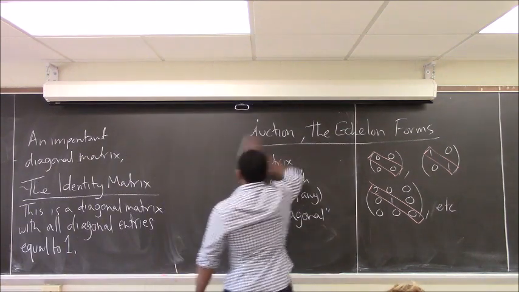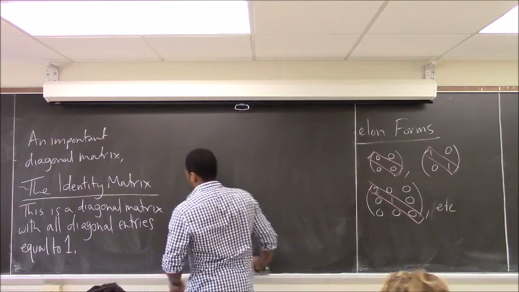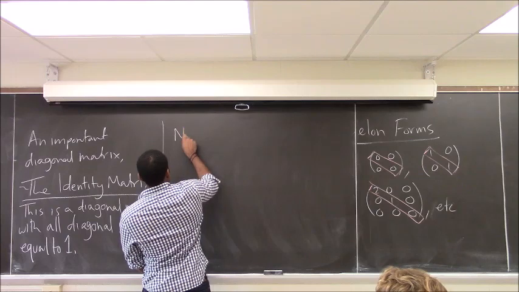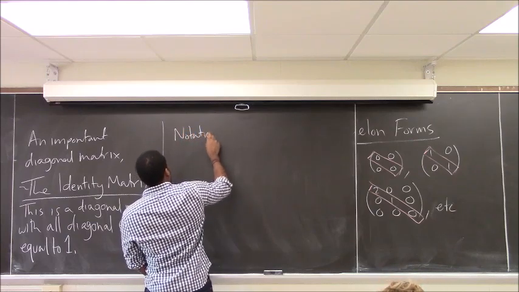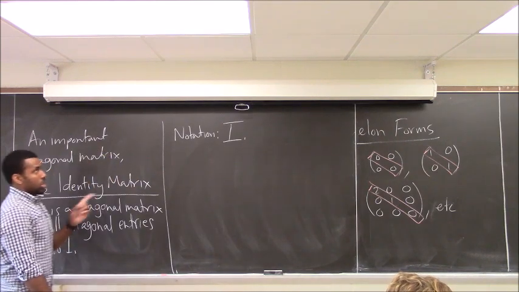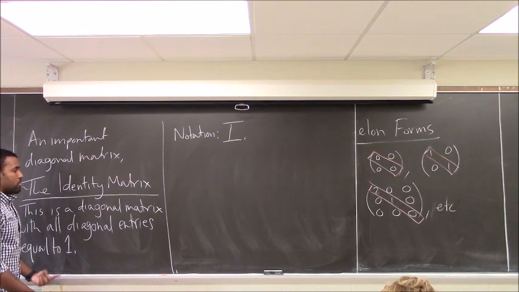So if you take a diagonal matrix and make sure everyone in that strip is the number 1, you create what we call an identity matrix. The notation is the letter I. So every time you see me write a capital I in a matrix context, I am referring to this matrix. There are times when we're going to talk about things like inverses, and in the past